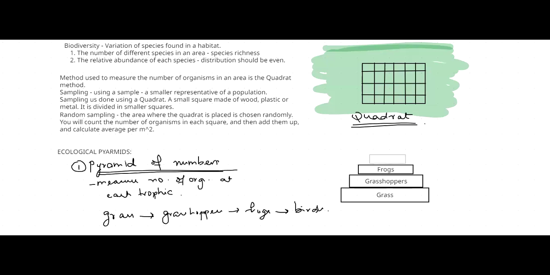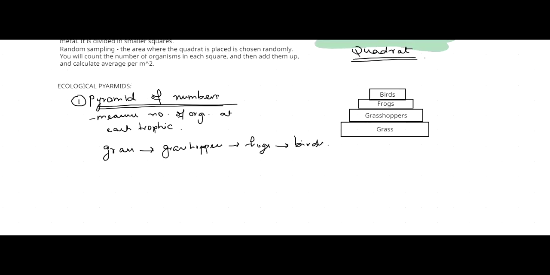So this is one way that scientists can study an ecosystem. When they're making a pyramid, one of the pyramids they can make is a pyramid of numbers. At each trophic level, they look at the number of organisms and make a pyramid using that information. But there's a problem with this. A pyramid of numbers is not a very good representation of the ecosystem. Why? To explain this, I'm going to give you